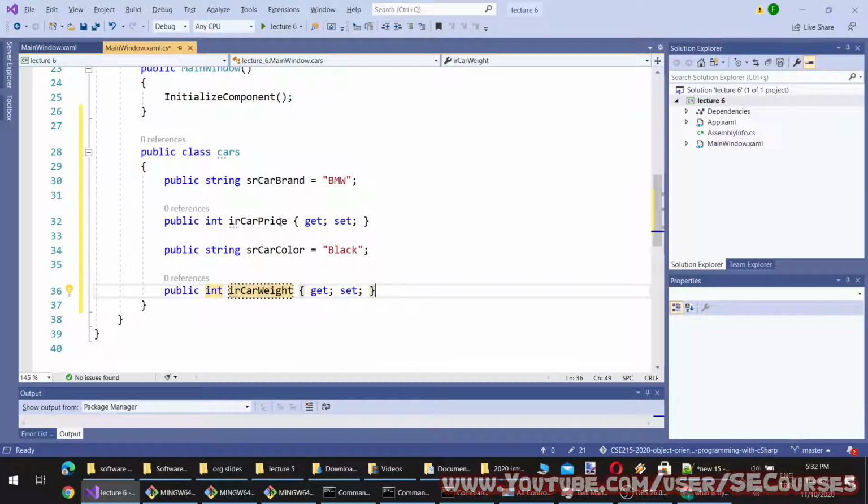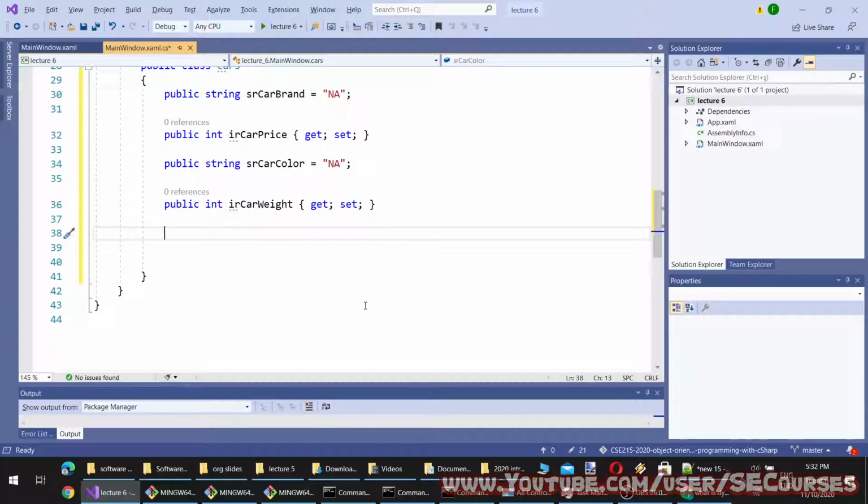Since these are integers, by default they are 0. I can also set these by default to NA, not available.